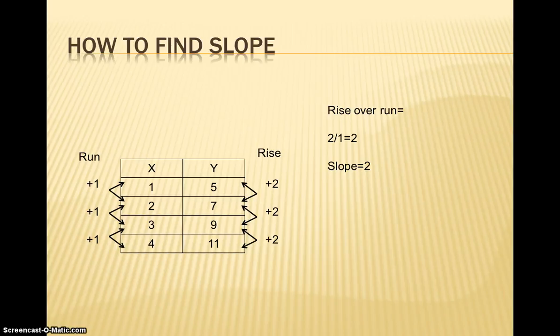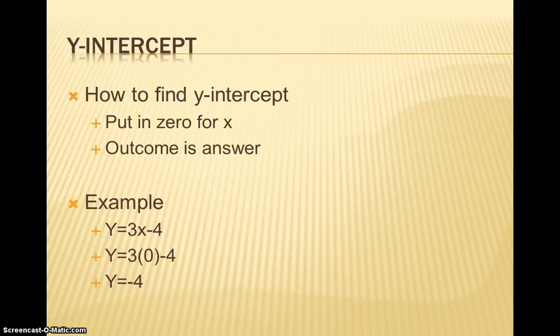Now, finally, I'm going to explain how to find the y-intercept. If you plug in 0 as an input, your output will give you your y-intercept. For this example, you will plug in 0 and get -4 as a y-intercept. Another way to find this is if you look at the graph and look where